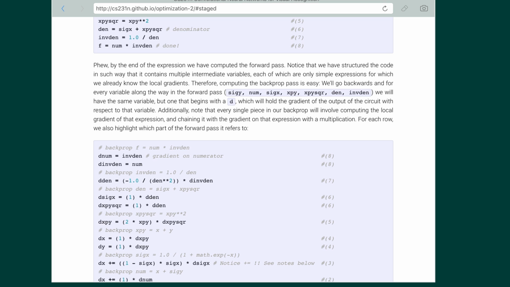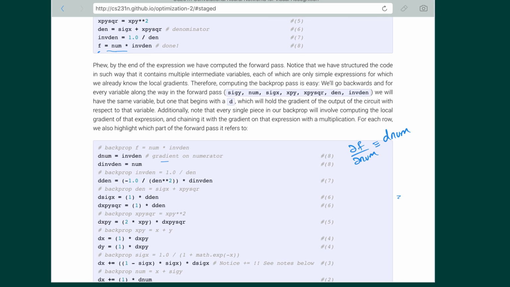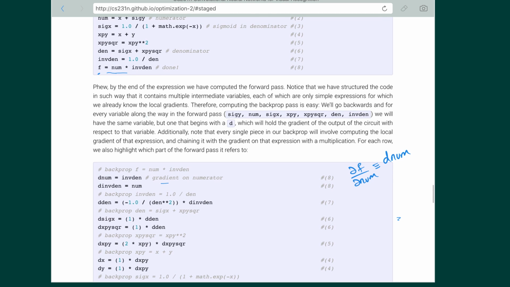For x plus y square, we calculate with respect to d x plus y, which is equal to 2 times x plus y multiplied by d x plus y square, and that's what we see. And we will probably need to scroll up a little bit. Okay. dx out here is going to be 1 multiplied by d x plus y. dy is the same. And if we were to scroll up,